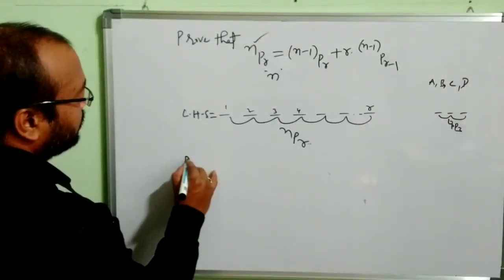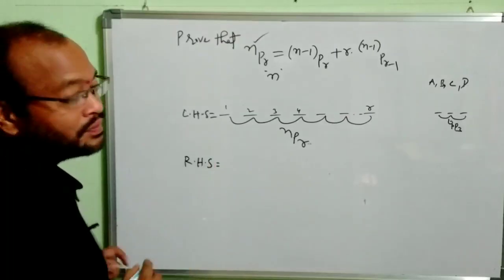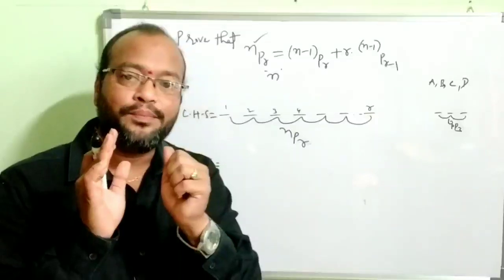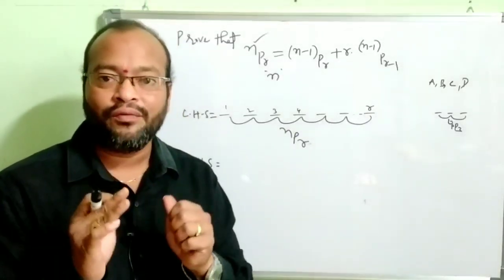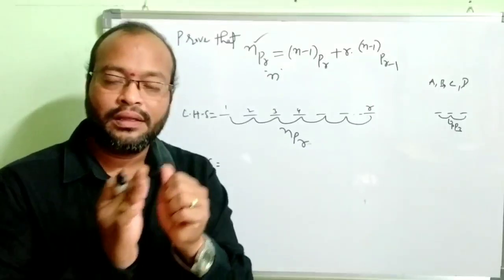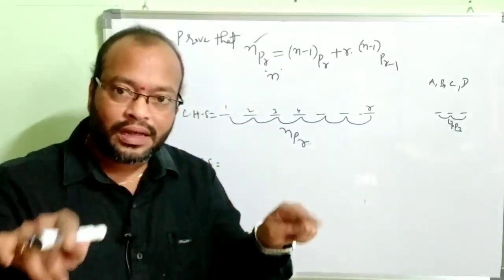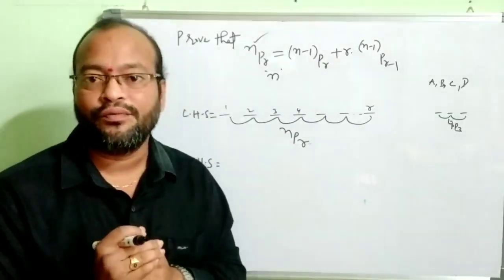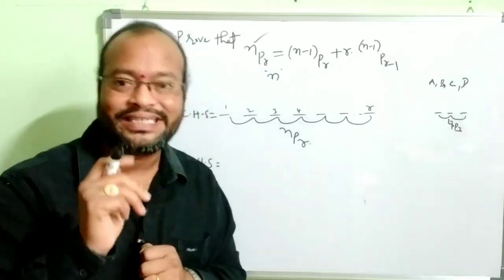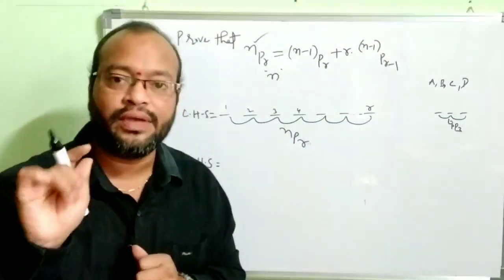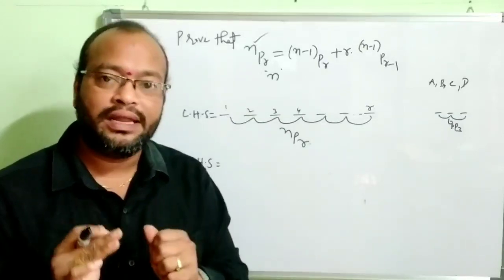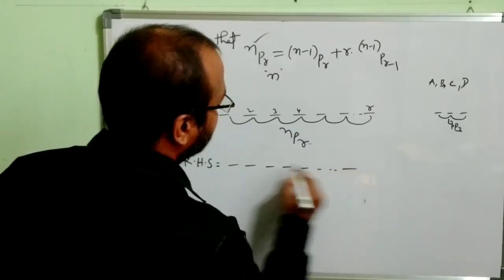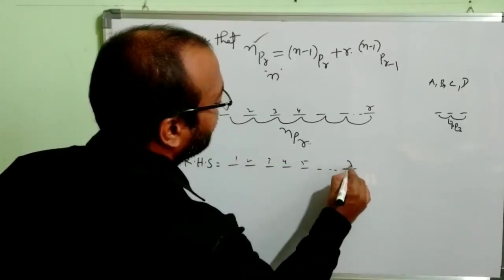Go for the RHS part. Here, suppose n members are there. We arranged a meeting for them. There are R seats. We invited n members. When we invited, definitely one guest is there in that. That guest may be X. So how are we arranging here? First we will take R seats: 1, 2, 3, 4, 5, and so on. R seats are there.